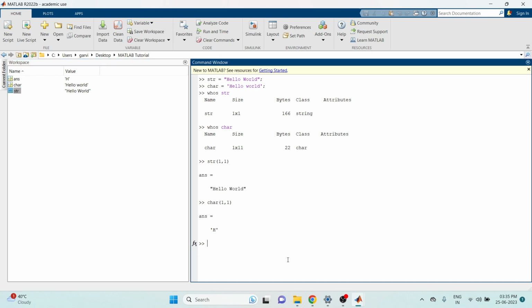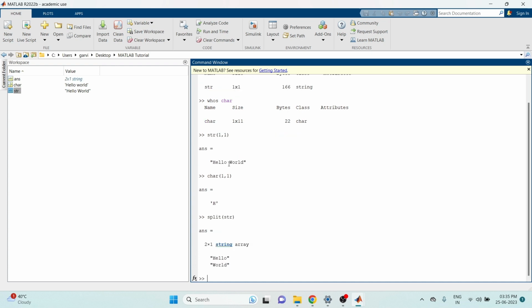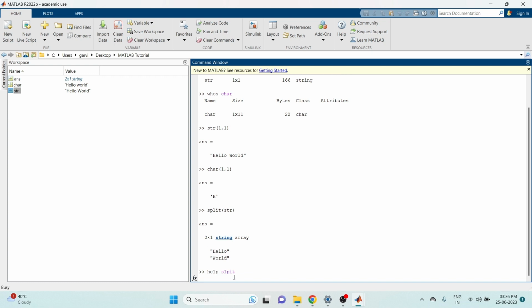Another thing you can do with the string type of variable is you can split them. So I can write split str, and the split function will split the word at the open space, or it can be termed as the white space as well. So hello white space world will be broken into hello and world, and it will create a 2 into 1 array. To see more about the split function, you can write help split,